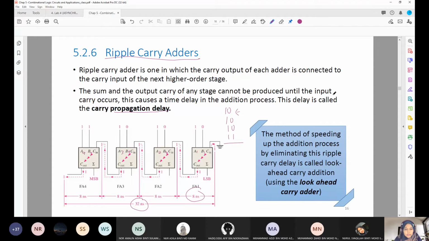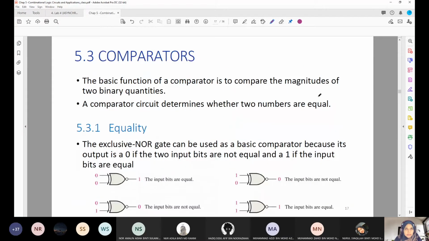Okay, let's proceed to the next combinational logic application, which is the comparators. The basic function of a comparator is to compare the magnitude of two binary quantities and determine whether those two numbers are equal or not equal. First we have the equality. Equality means we want to see whether the numbers are the same or not. So using an exclusive NOR gate